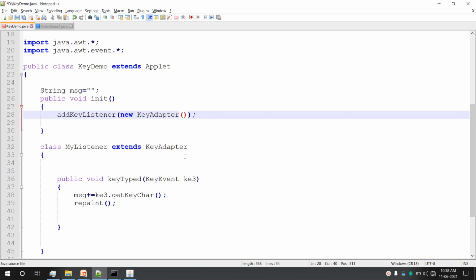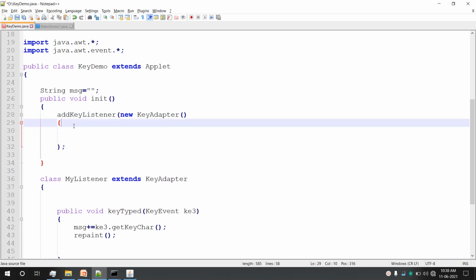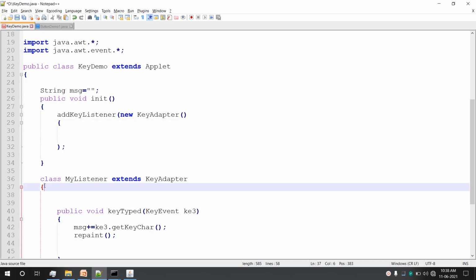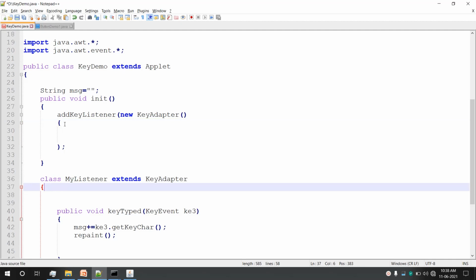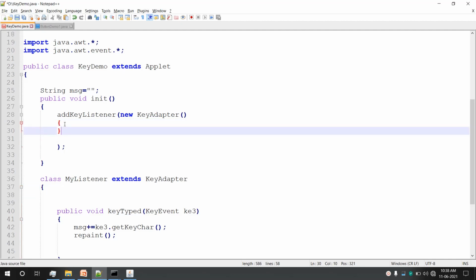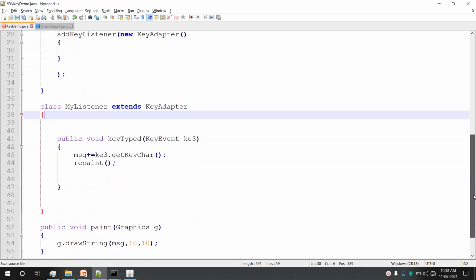So inside that you have to write it. Then I'll open. So this is the opening of the class, like the open bracket you have for an inner class. Anonymous inner class is nothing much. It is like an inner class itself, but the only difference is it is anonymous, means without a name, that's it. So we have an open bracket, and we also will have a closing bracket.